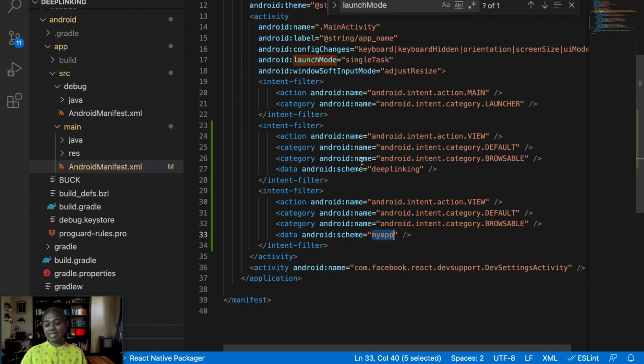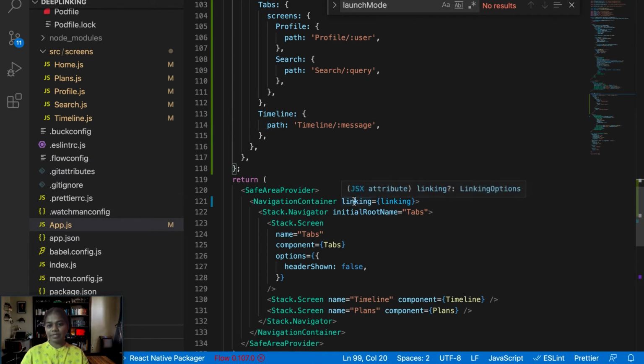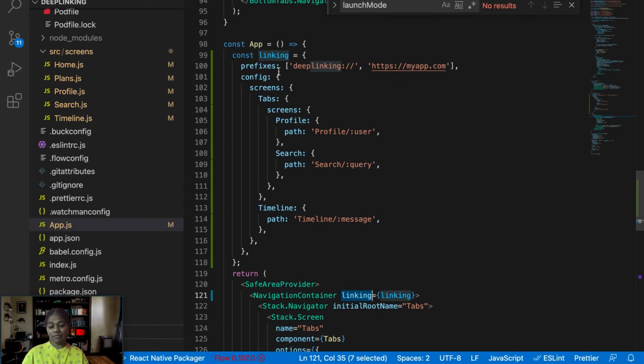Let's start configuring the link in your React Native project. Now we have set it up so that if the URL starts with deeplinking or myapp, it should recognize our app. Now we need to say where this link should take our app, to a particular screen. To do that, the navigation container accepts something called linking. Linking is nothing but an object. It accepts some params that are listed in the configuration documentation. Prefixes are nothing but how your URL starts. We already added deeplinking. Now I'm going to add myapp also, because we have already added it in our URL scheme. Now I'm adding it here also to recognize it.